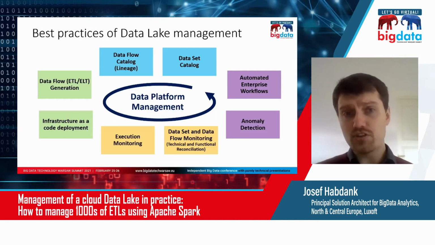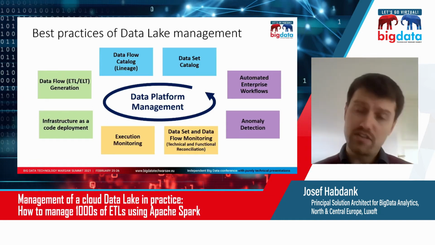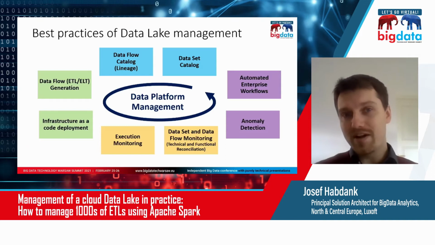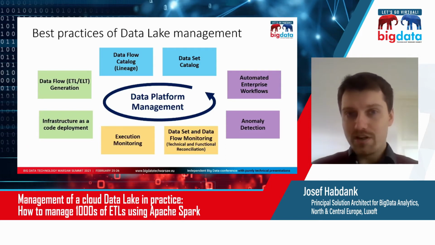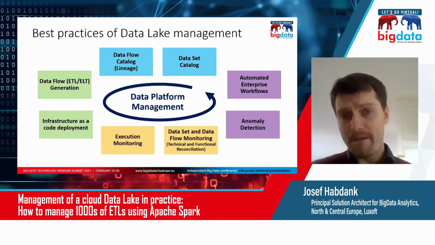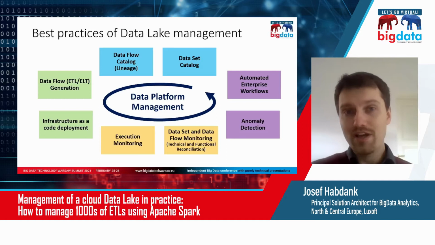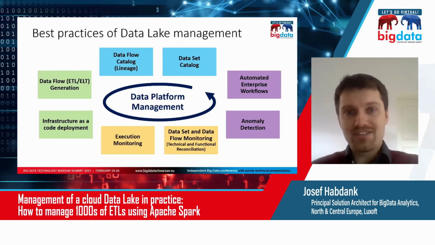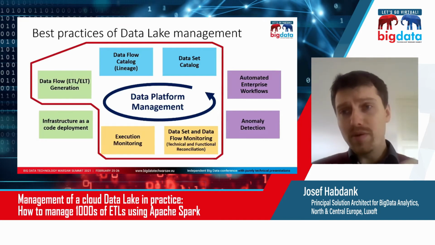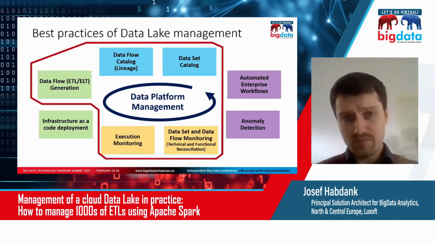And then you need some sort of anomaly detection. If you're collecting metrics on how the system performs, exceptions, data loss, row issues, things like this, those metrics then require some sort of anomaly detection in order to trigger action. And once an anomaly is detected, you need some sort of automated enterprise workflow that actually does certain things if you detect the error. So the framework that we've built at DXC